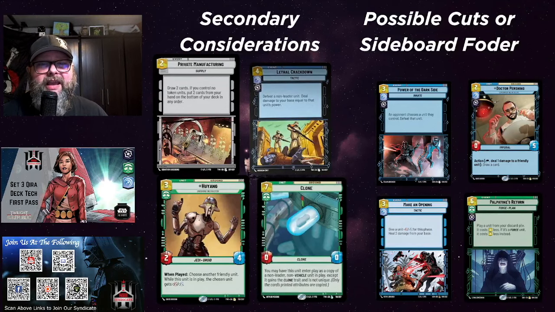You can clone a Devastator. You can clone a non-vehicle unit. So it can't be a Devastator, but you can clone a Wrecker if you wanted. You can clone another Maul. You can clone a Snoke. That's